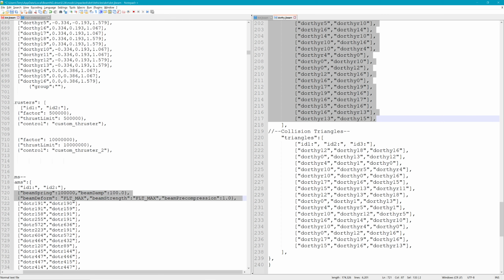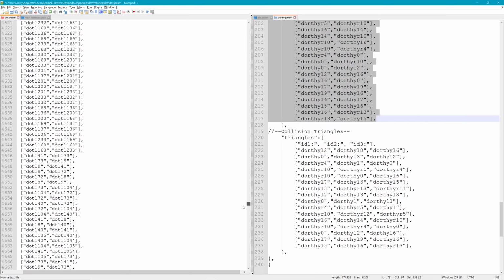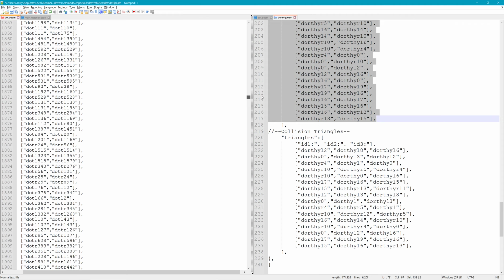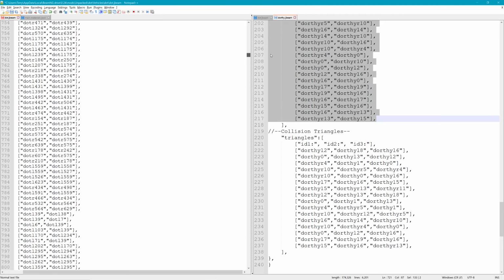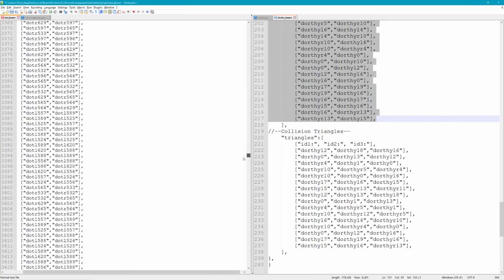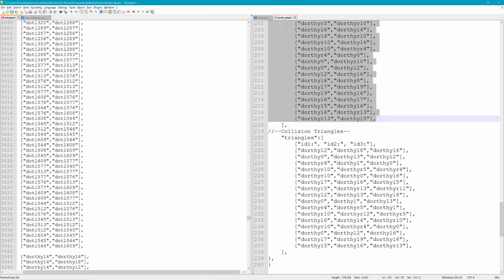But it is possible to take this, copy it, and paste it if you wanted the other things to have different properties. It's also possible to give it a different node weight. There it is. Paste. Now, of course, this is using the same stuff as